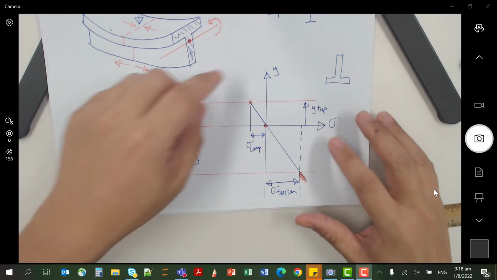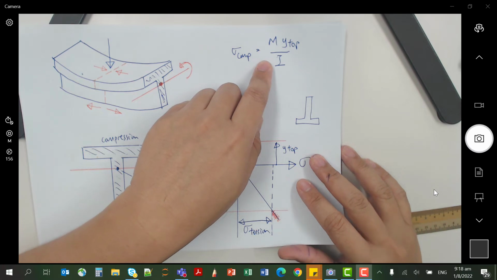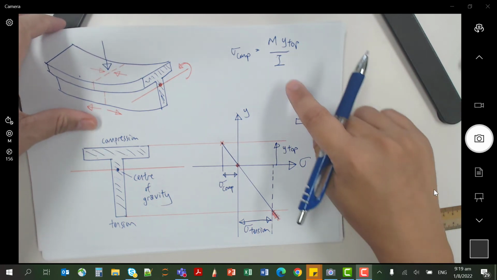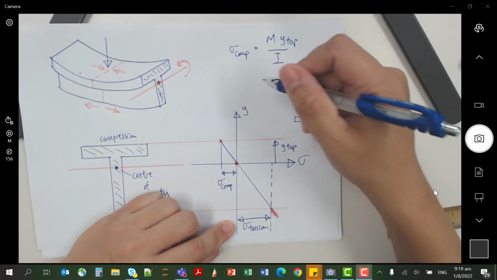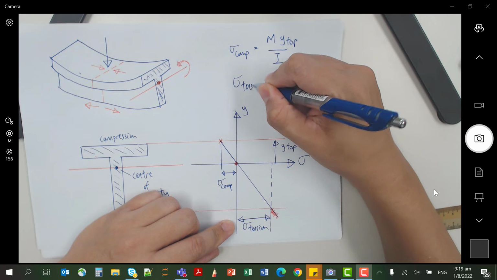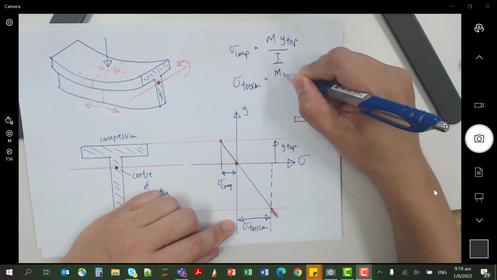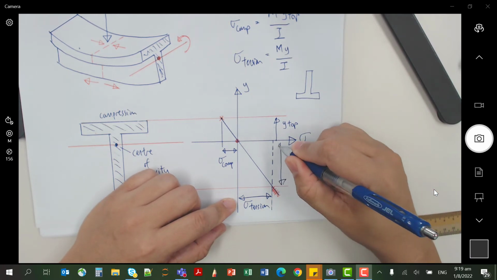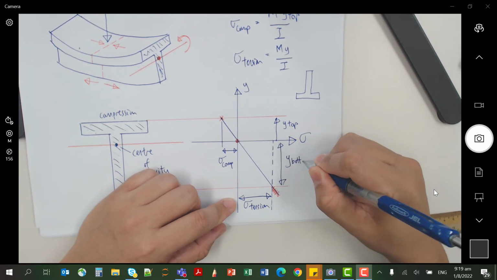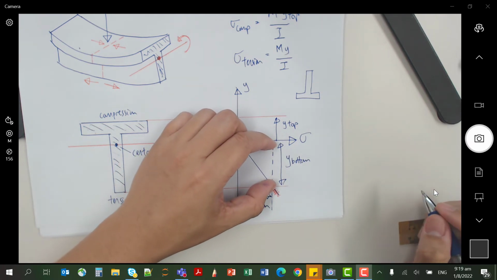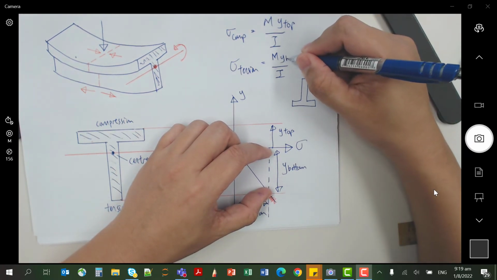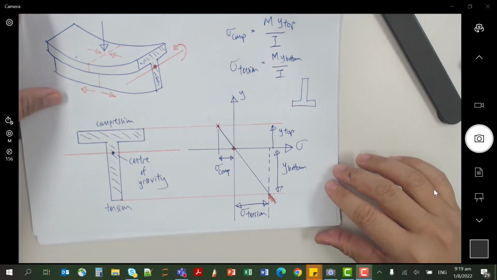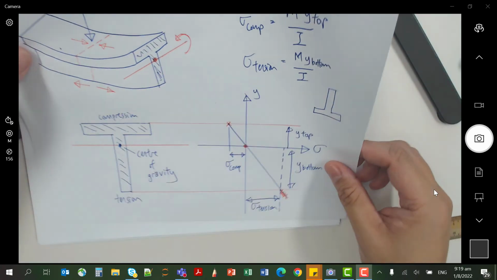And you always use this formula to find the exact amount of this stress. So if you want to find the bottom tension stress, it is the same: sigma tension is equals to My over I. But now the y is this value, y bottom. You just need to take the magnitude. You don't need to put the sign. Then you can find it already. Now let's look at one example